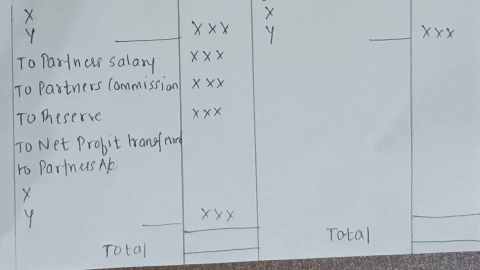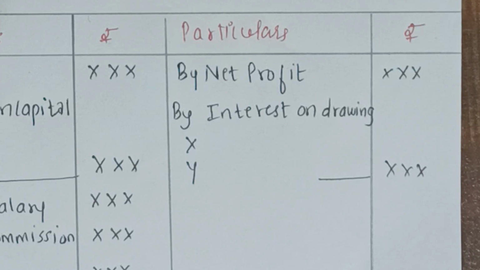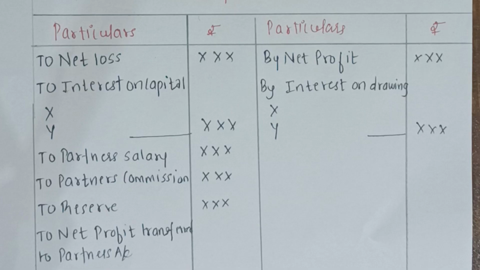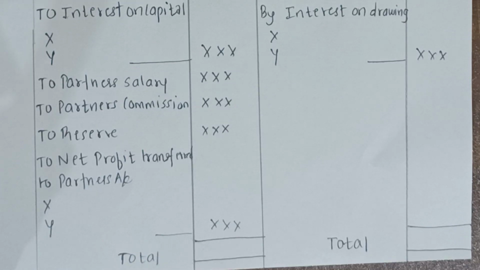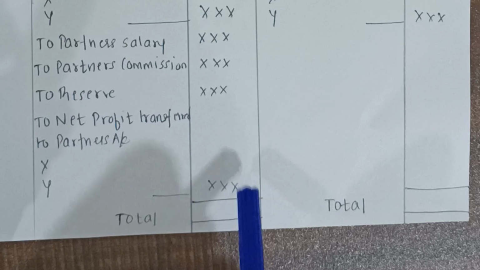Okay. So after you record all this, that is you record the credit side and the debit side, then what you have to do is balance them. So in order to balance them, calculate the credit side first and then the debit side. Then subtract the credit and the debit side, and the amount that you get is your balancing figure. So this will be a balancing figure.